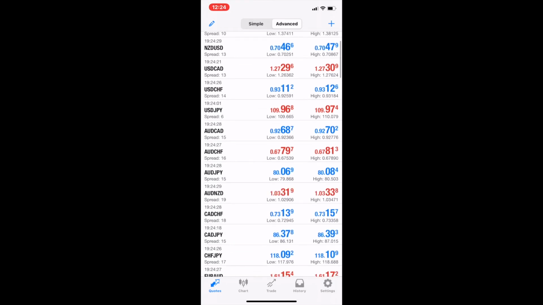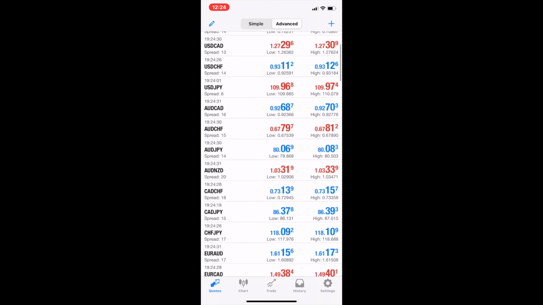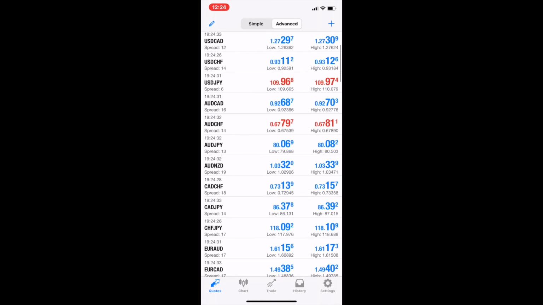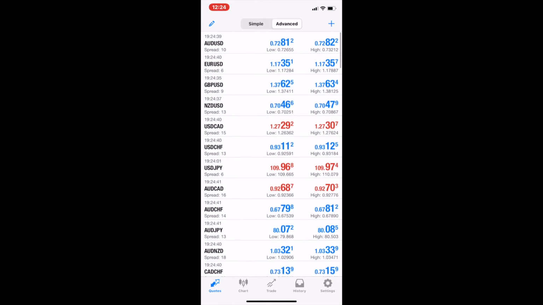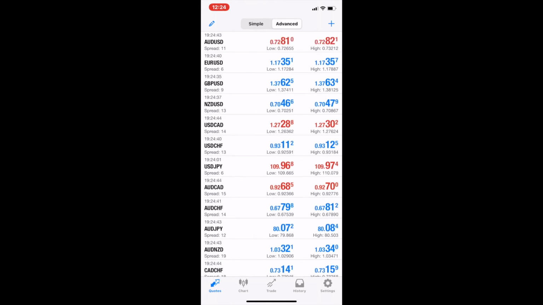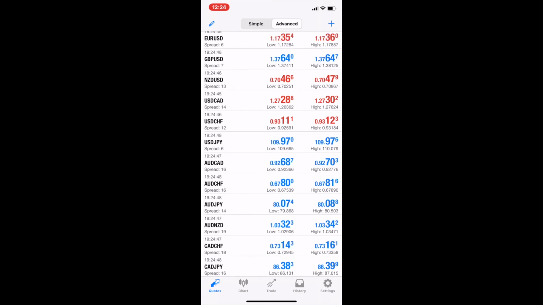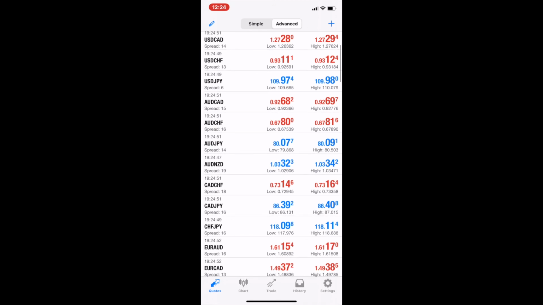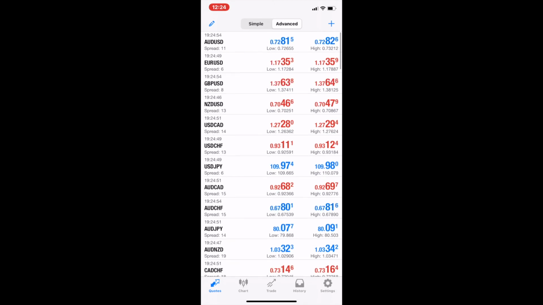So what that basically means is once you get into the trade, it's going to put you in exactly at what price is in the real market. Now, the higher the spread, the farther it's going to put you in from your entry. So you're going to be in drawdown, as we call it. You're going to be losing money at first because the spread is so high. But if the spread is very low and you get a good entry, you're going to be instantly blue and you're going to be instantly seeing money being made on your screen, right? So that's going to be the currencies,